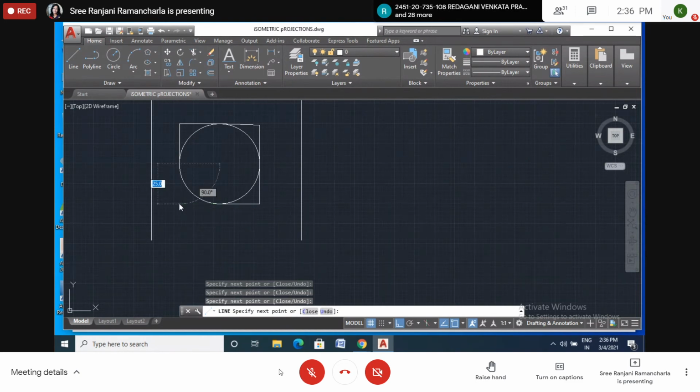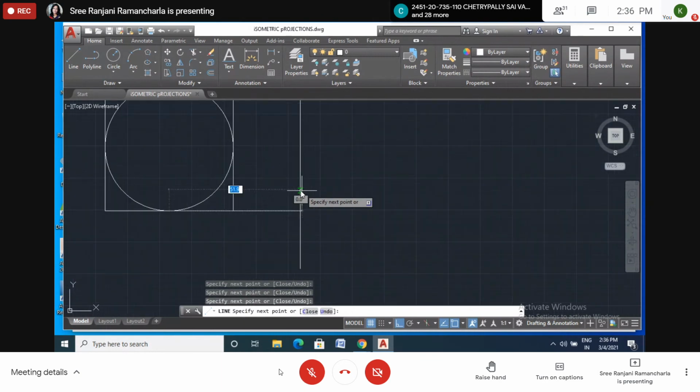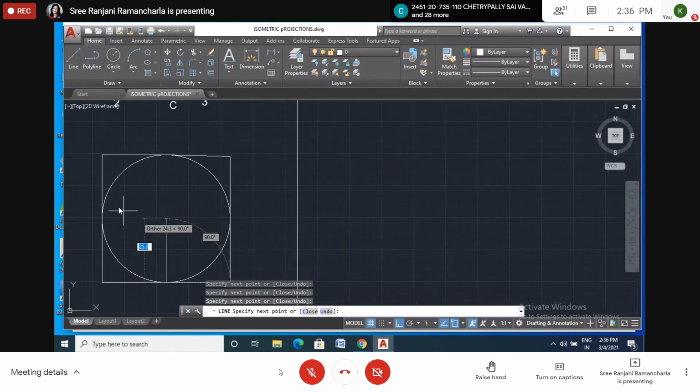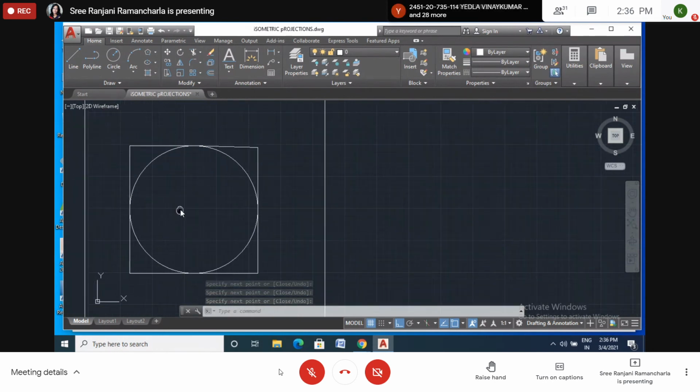Okay. So I drew the circle. These are all tangents, right? These are all tangents, 4 tangents. I drew the square box around this circle.